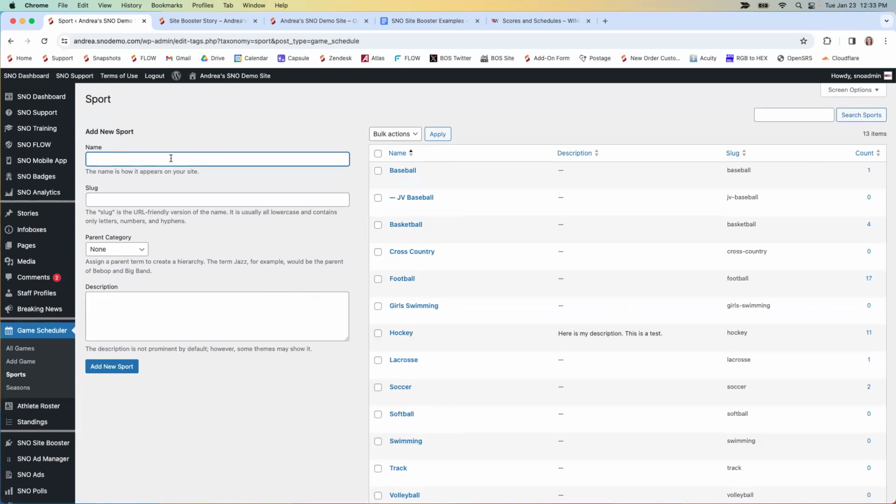If I needed to add additional sports, or if I wanted to add maybe my JV or freshman teams, I can come in here and add new sports, and then I'll be able to input data for those sports. The other thing you'll want to make sure you do, and again, it doesn't matter which of these 3 I hover over to do it,